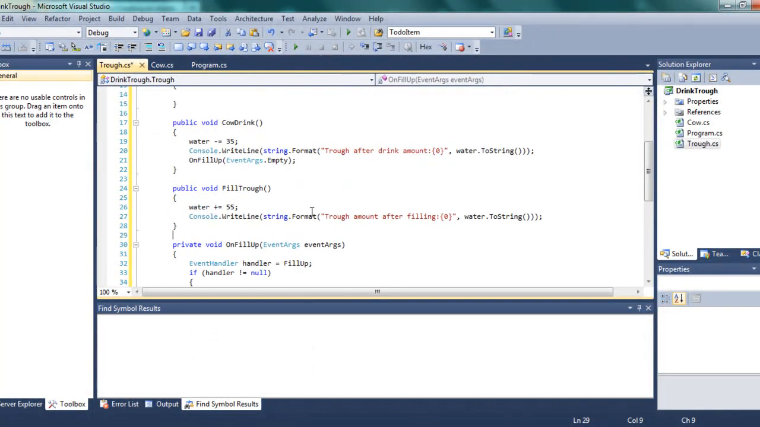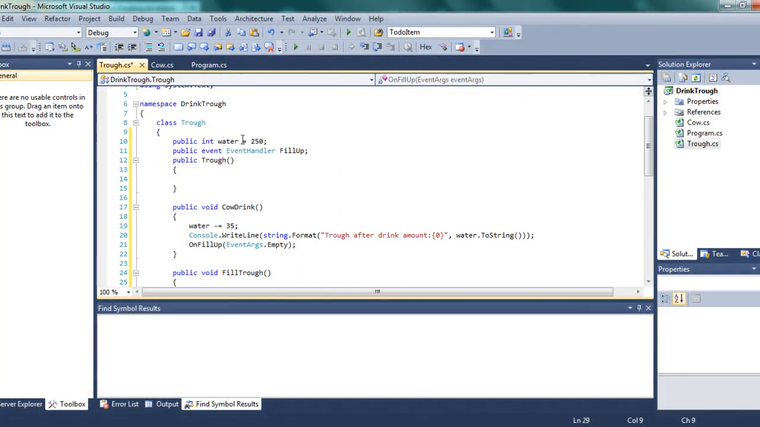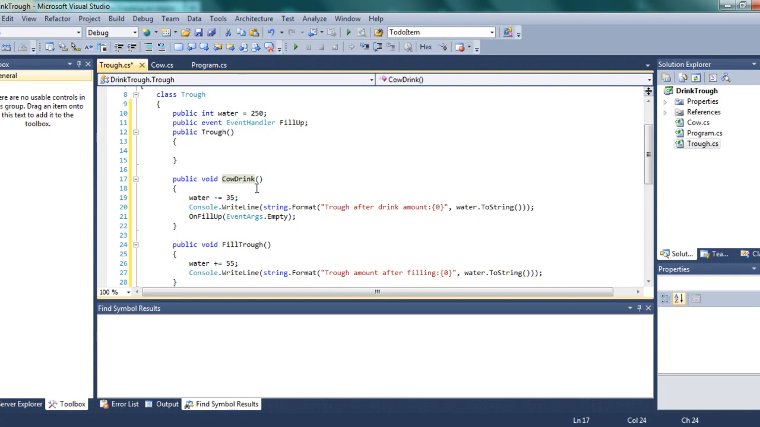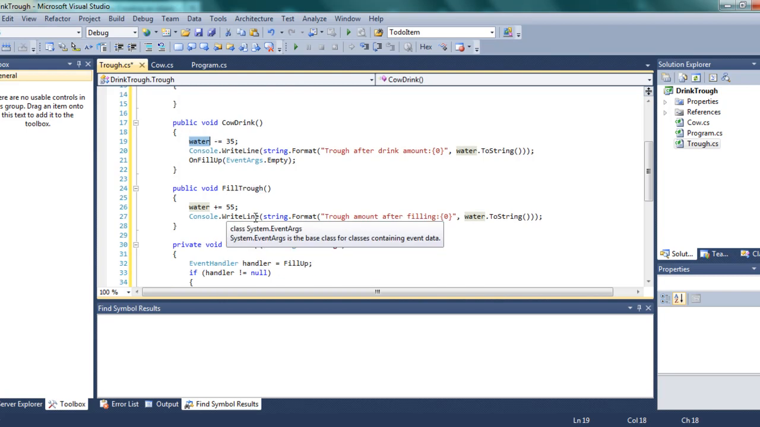Yeah, so anyways. So we have an int water, so that's the water amount in the drink trough. It needs to fill up. So when the cow's drunk, it needs to be filled up. When the cow is drinking, it's going to kick off the trough cow drink method. So the water will go down 35, minus equals 35, and then the trough after drinking amount will be the water amount, and then it will run the on fill up method, which